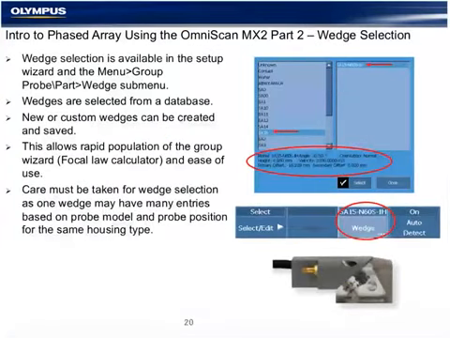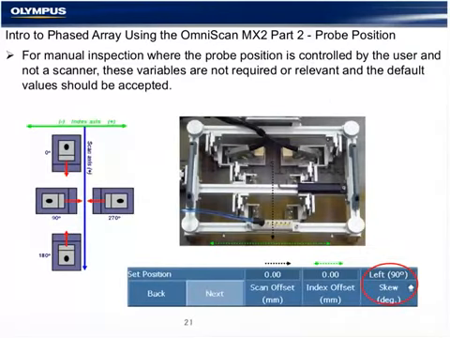We will also select the wedge directly from the database. They're not automatically selected. During section 1, we talked about the essential parameters of the wedge. There are many entries in the database for different probes and wedges. It's very important to make sure you select the correct one. Historically, wedge problems account for the overwhelming majority of our support problems, and most of that comes from the wrong wedge selection. The probe position has nothing to do with the focal laws, but everything to do with